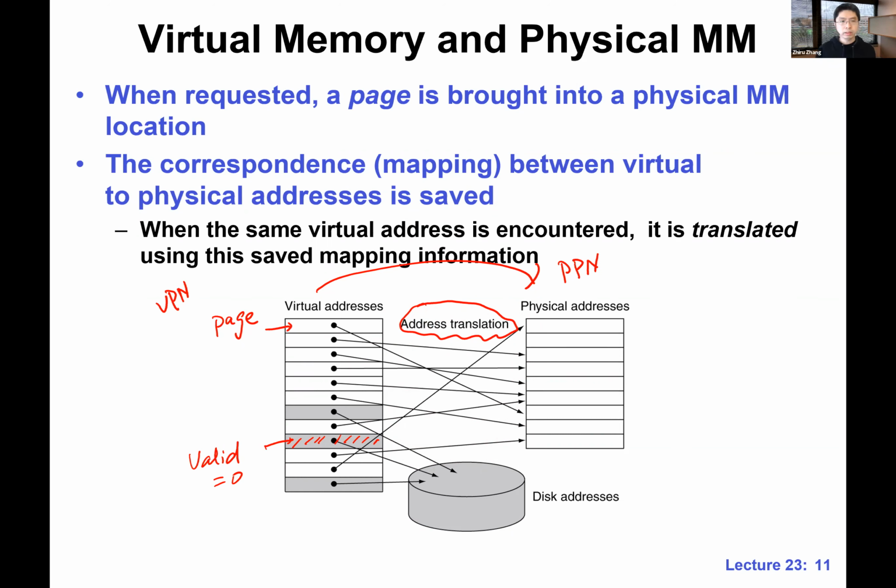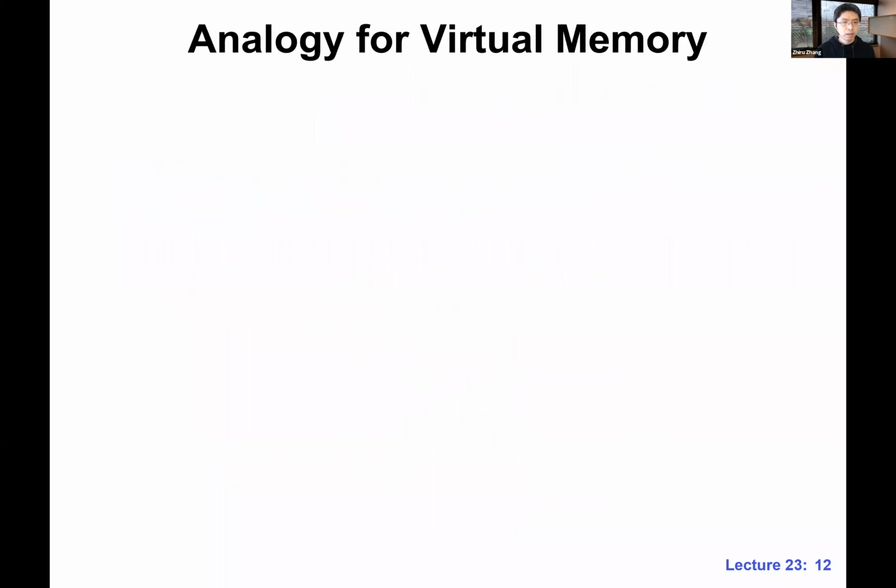Is the overall setup clear so far? We have some virtual memory, right? And these addresses will need to be translated into some physical main memory address. We do this translation for each page. Okay,